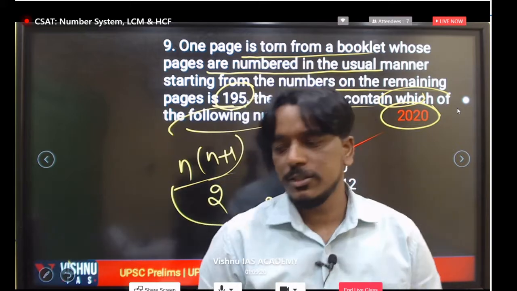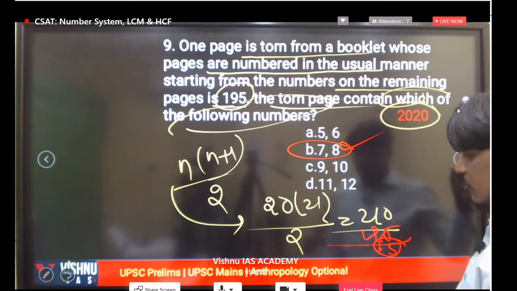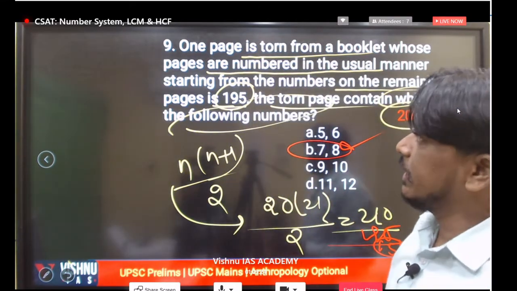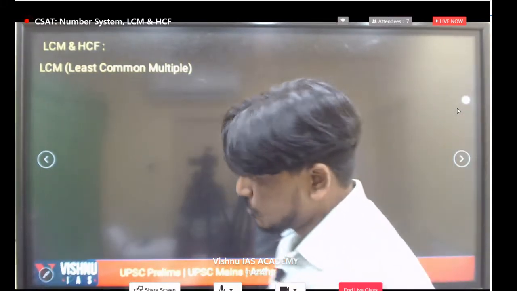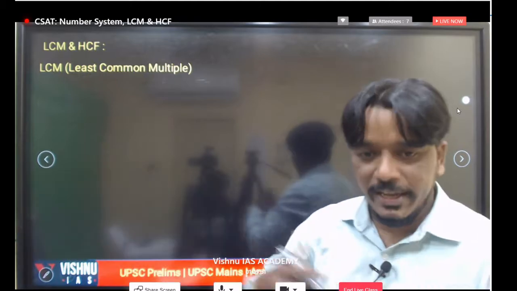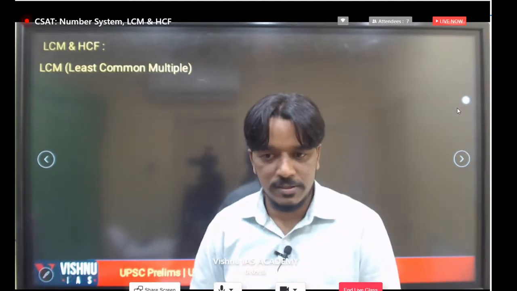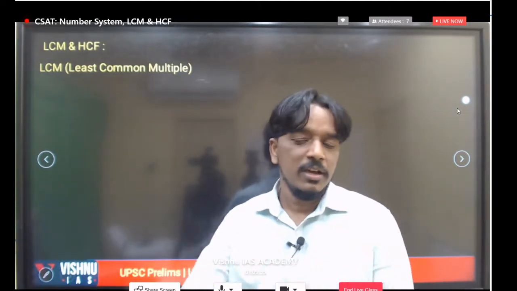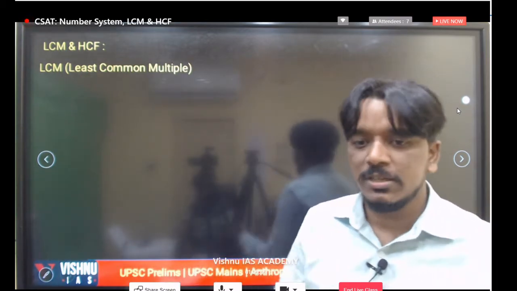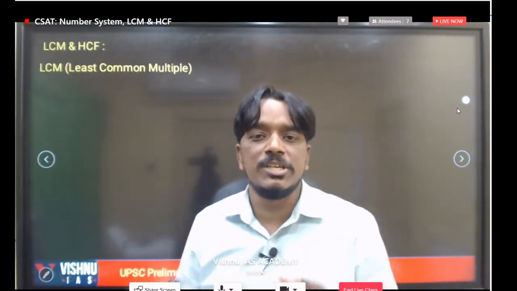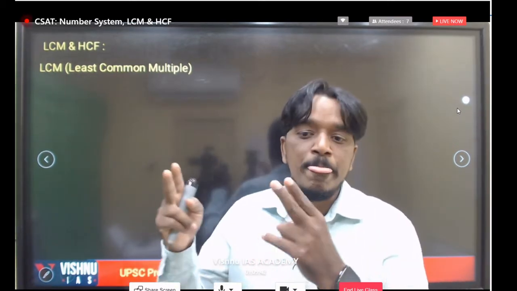This is a very simple concept. Now let's take some more points. So up to this everyone got the clarity guys, but all these types of questions we regularly get in exams. All these points are very very important. Number related questions, digit based questions, regularly come in exams, as well as divisibility rule questions. These basic numeracy questions are very very very very important. That is what you have to focus on.